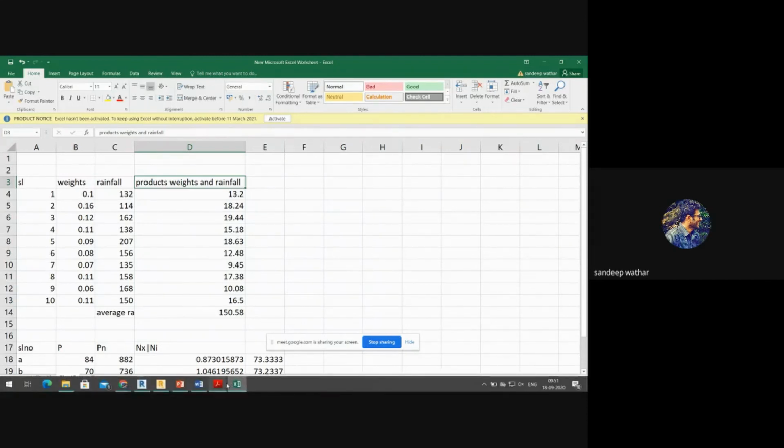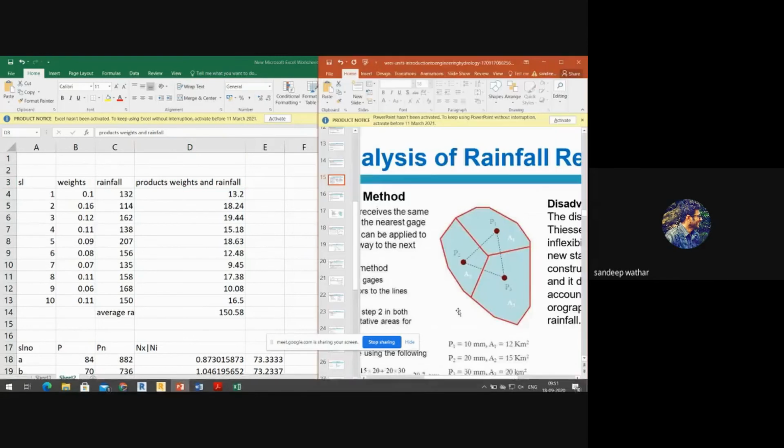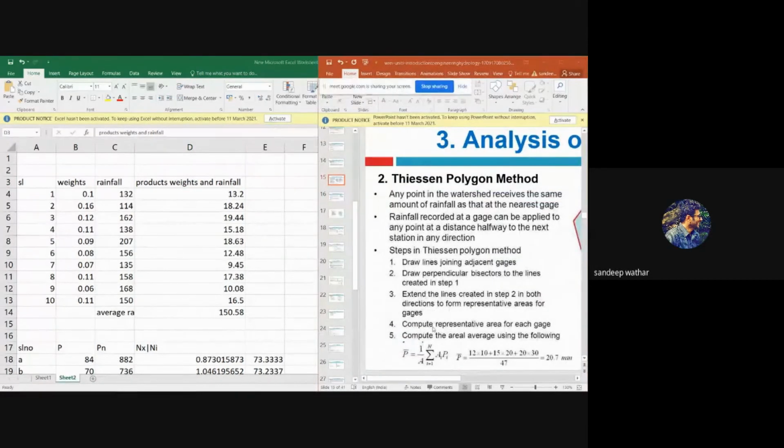Okay, now going back to that equation. What is that equation? Here in the corner you can see how to calculate the average rainfall. You take this A inside the summation symbol. So what it becomes is Ai divided by A. Ai divided by A means what? It is the weight itself. So individual weights like W1 should be multiplied by P1, W2 should be multiplied by P2. Similarly, we need to solve for all the values.